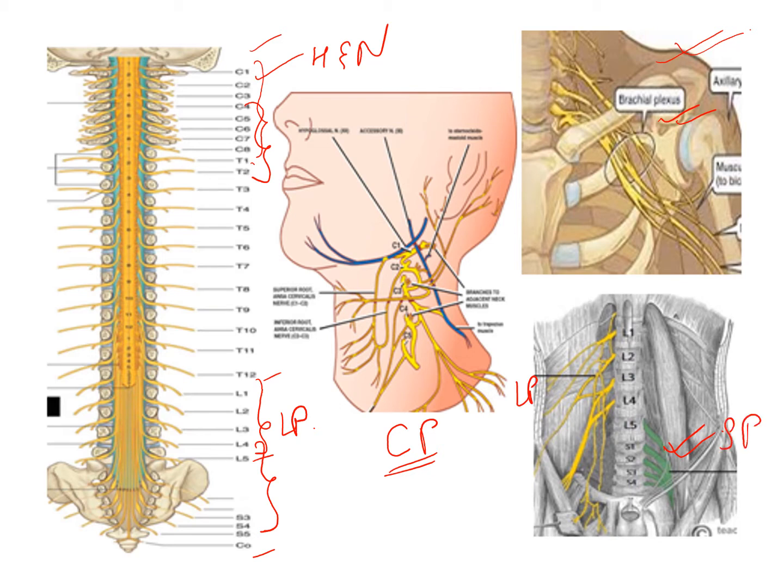If you observe here, the thoracic spinal nerves are not involved in formation of a plexus. That is because they form intercostal nerves and supply the respective muscles within the intercostal space. So the thoracic spinal nerves will form the intercostal nerves and they don't form a plexus. So this was in short about the plexus.